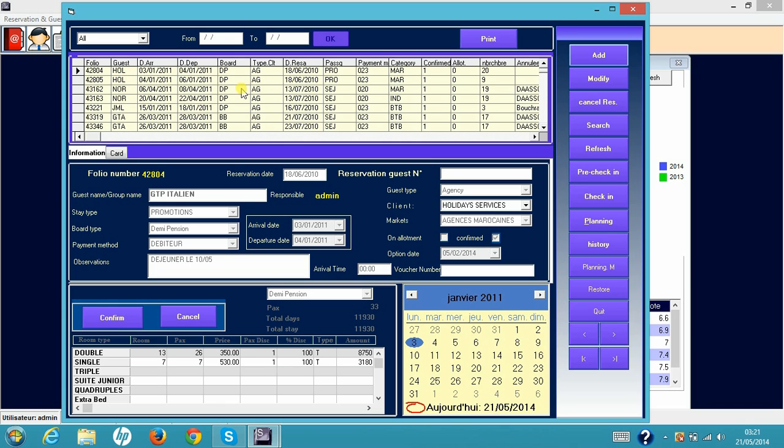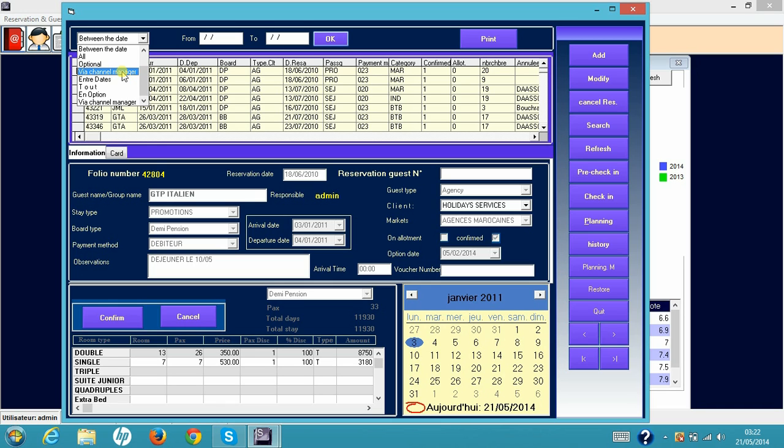So here you have all the reservations, but you can go between date and date, and you put the date, and it's gonna give you only the reservations from this date to this date, or you get only the reservations that are option dates, optional, or all the reservations that come via the channel manager,